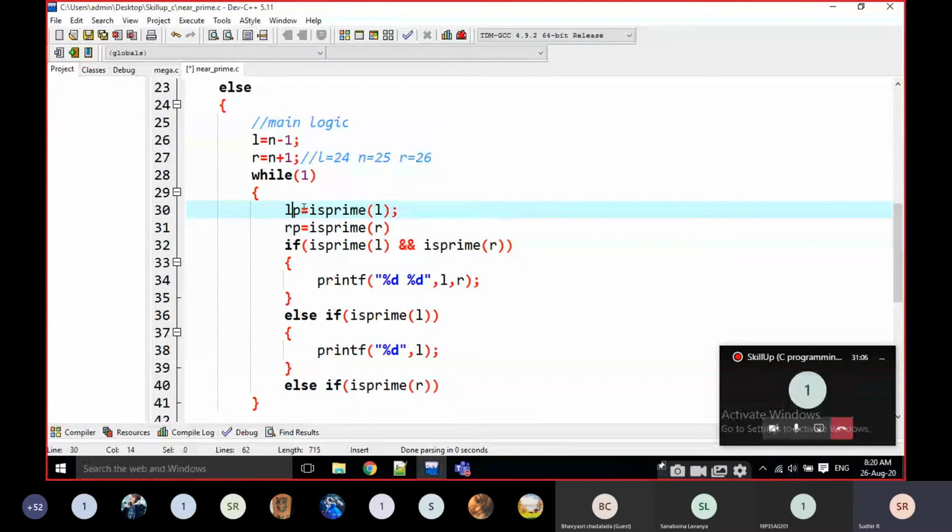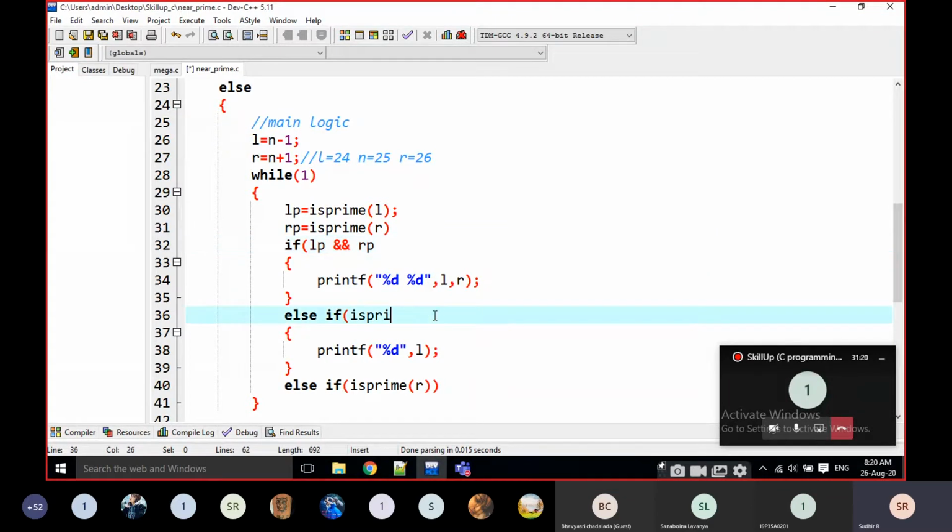This is left prime and this is a right prime. Instead of this, I am going to check here LP and RP. Instead of this one also, I am going to write here some LP. Here also this is going to be an RP.